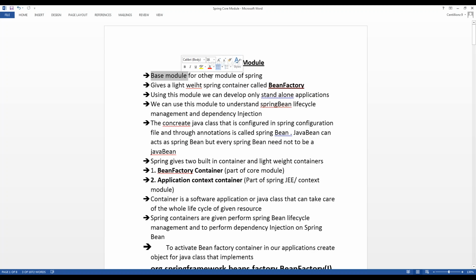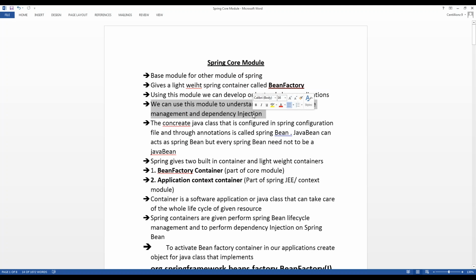Spring gives a lightweight Spring container for the Bean Factory. Using the Spring core module, we can easily develop standalone applications. And we can use this module to understand Spring Bean life cycle management and dependency injection.